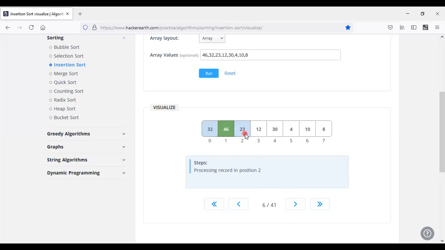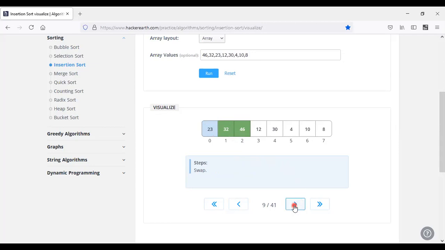Coming to the second key value, it is 23. Process the record 23. We need to move it to its correct position, means compare it with 46 and then swap, and compare with 32 and then swap the elements here. We need to see whether it has reached its correct position or not.